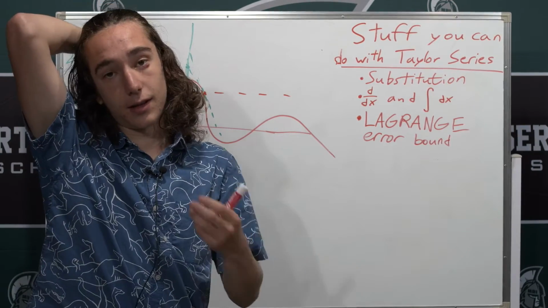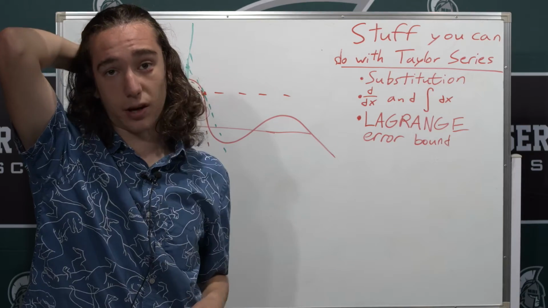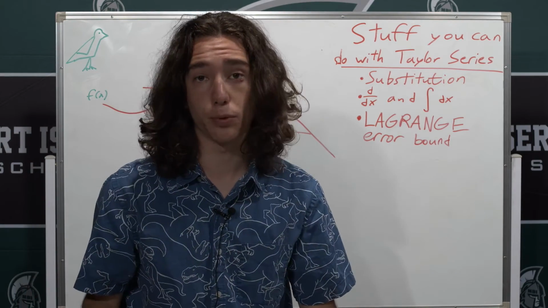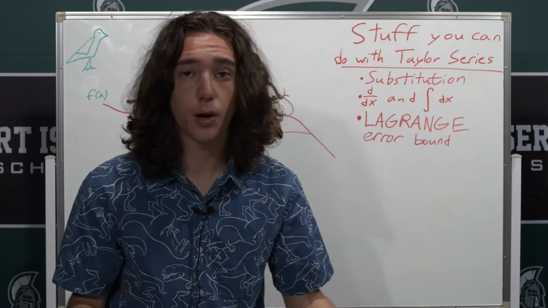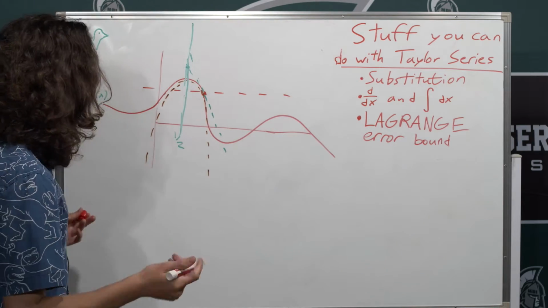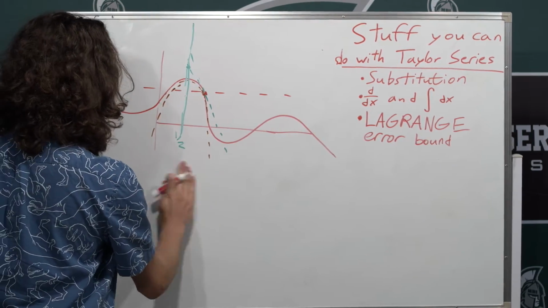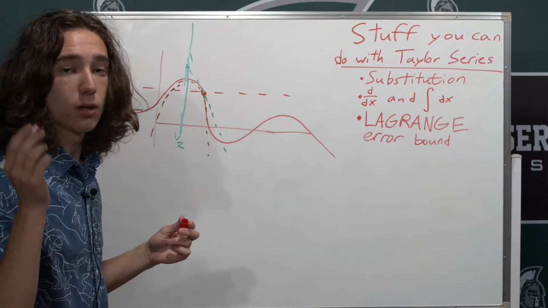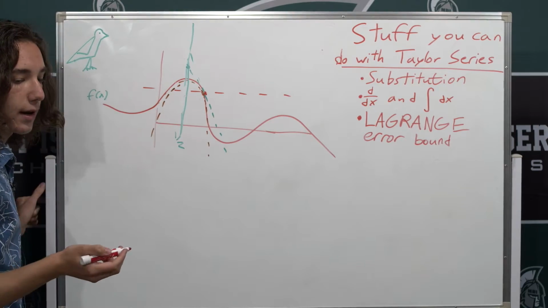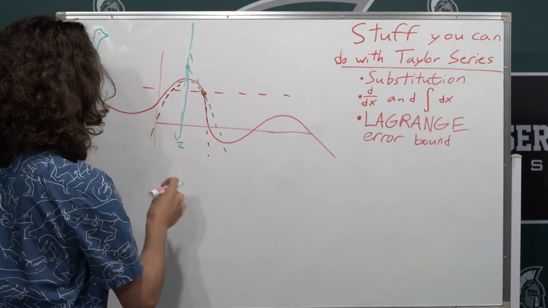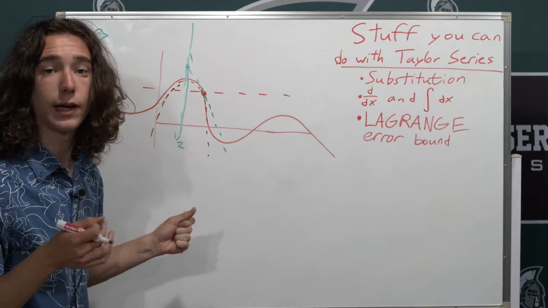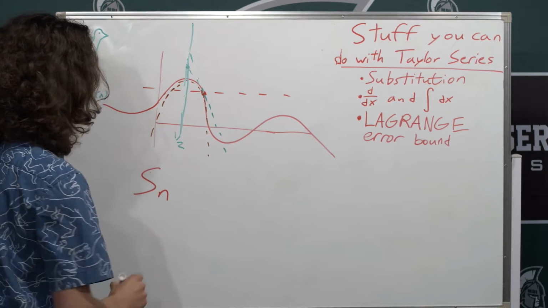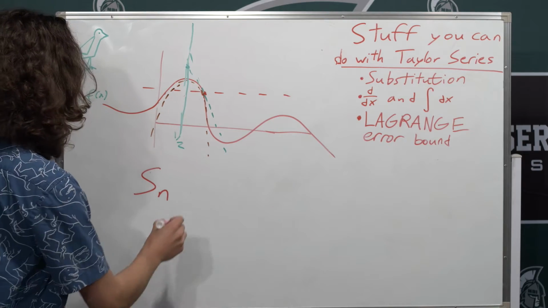Now we get into some mathy stuff that you're just going to have to take my word for, because there's no simple proof of. This is very complex to prove. But Taylor, the guy who came up with these series, wanted to know how close he was. So he said that there is always a way for your Taylor series up to this point, like your partial sum. So let's call this S sub n, our Taylor series, plus